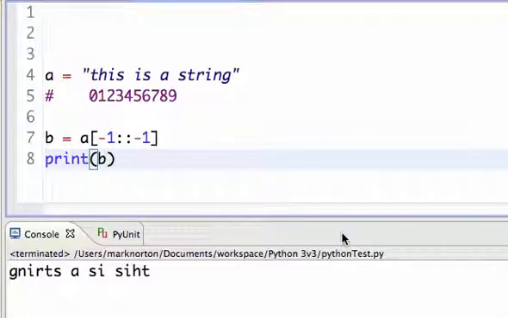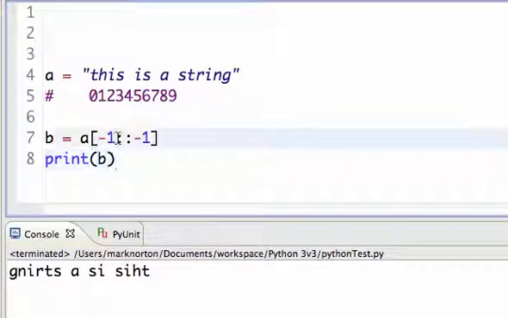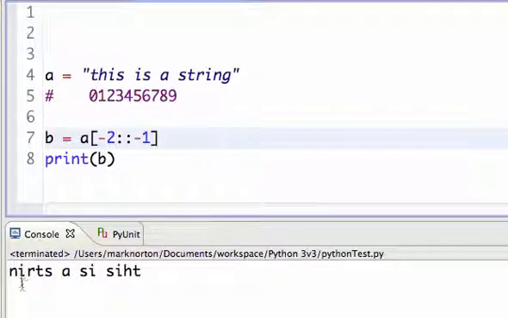So I start at the -1 position, which takes me back, and if I start at -2, that's going to start me at N. So I'm going to get rid of that G here. And as you can see, that G did not come on. So I was able to reverse my string because I started at this N, and then it gave me the I, the R, the T, and the S, which is pretty cool. So just so you guys know, I can have negative incrementers. I can also have negative or positive